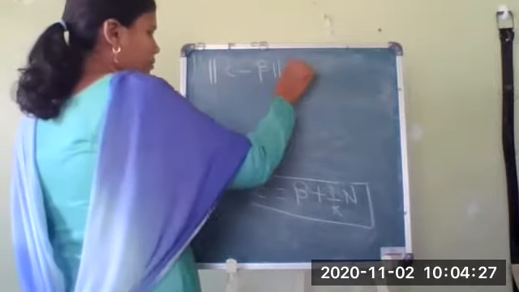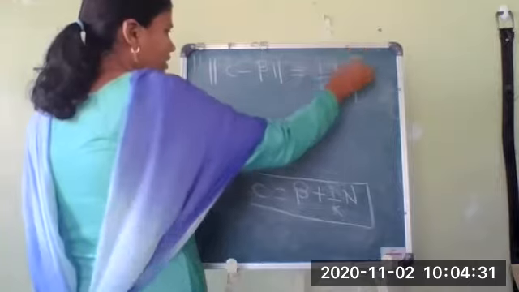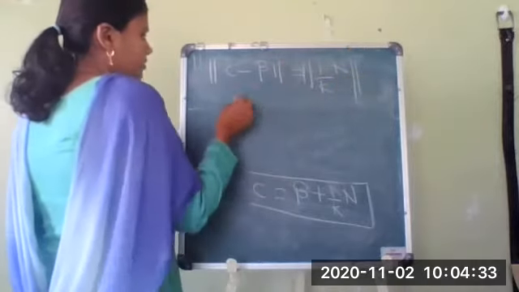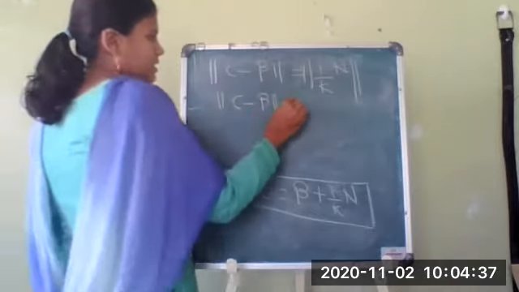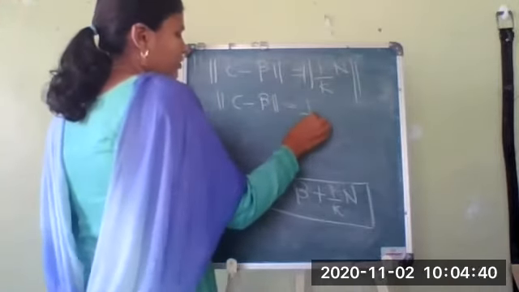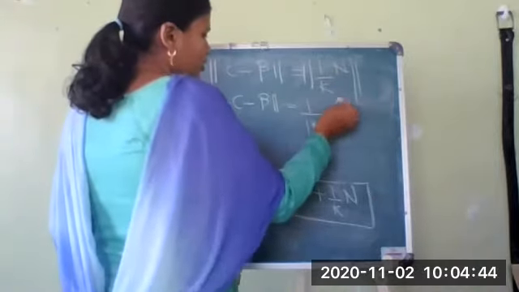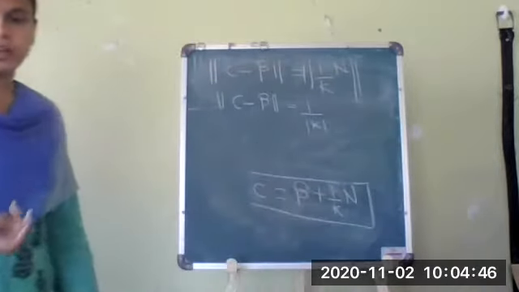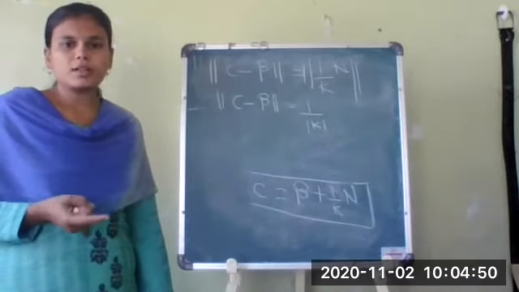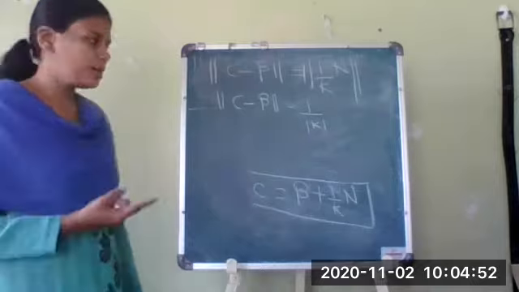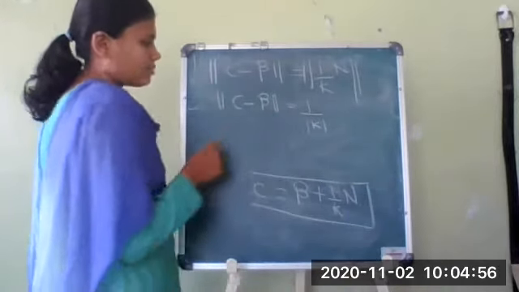If I take a norm on both sides, what I get is 1 upon k into n. Norm on both sides means it will be c minus beta. By the property of a norm, if k is a scalar, I can take it as mod of 1 upon mod of k. So what is the norm of n? You already know that t, n and b form a frame field. What is the meaning of frame field? They are mutually orthogonal unit vectors. So what should be the norm of n? It should be equal to 1. So what I get, c minus beta is equal to 1 upon k.